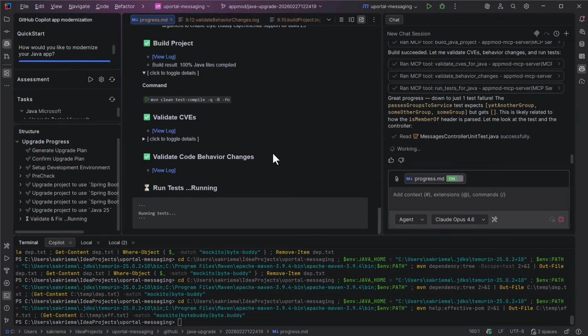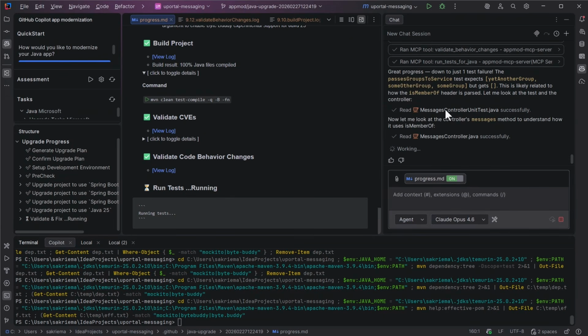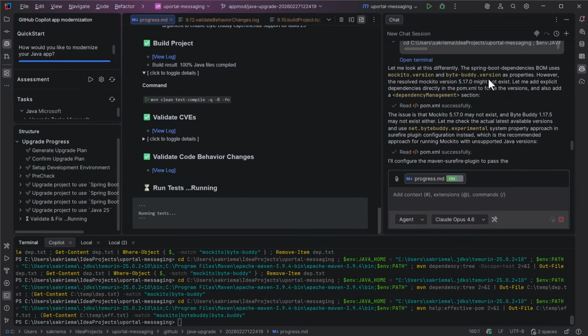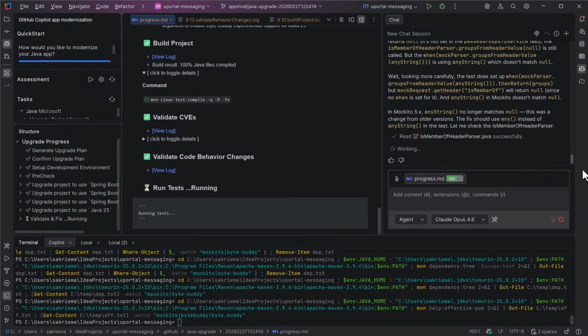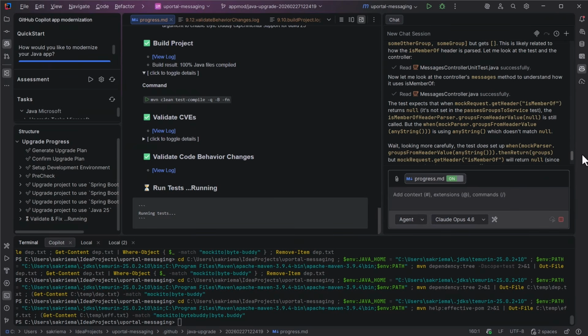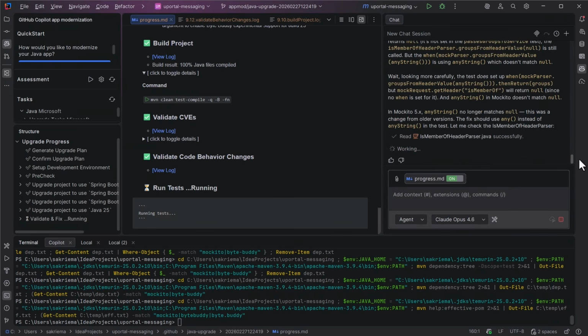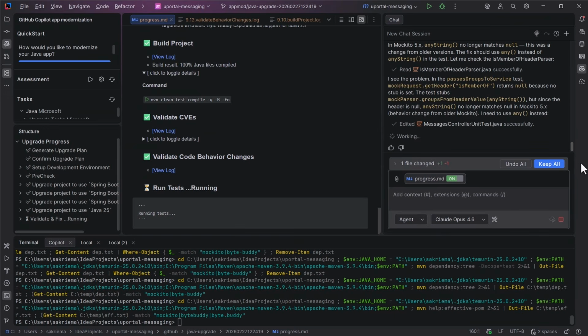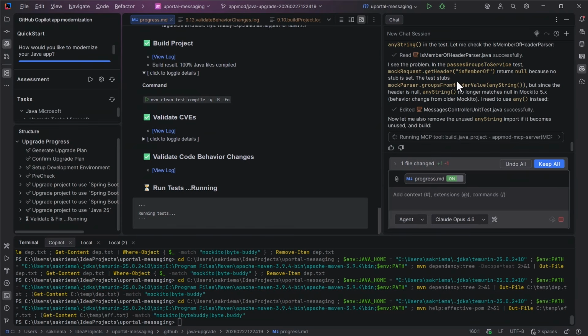Great progress. Down to just one test failure. The process groups to service test expects something. Oh, that sounds good. Let's see. Okay. Wait, mock, I see the problem. In the passes groups to service test, mock request get header is member of returns null because the stub is